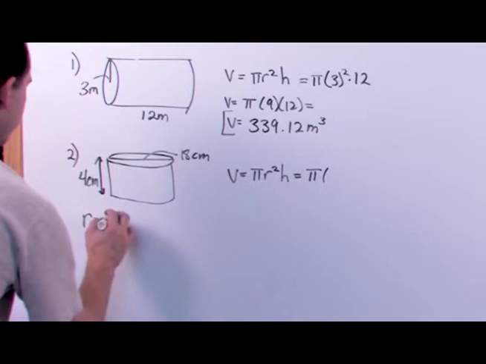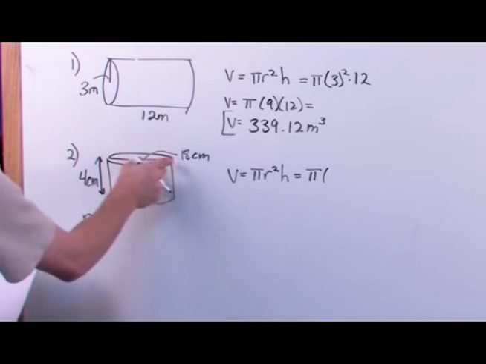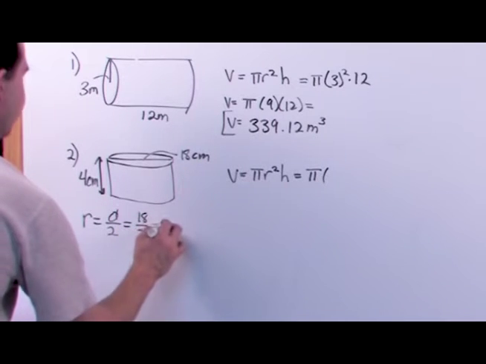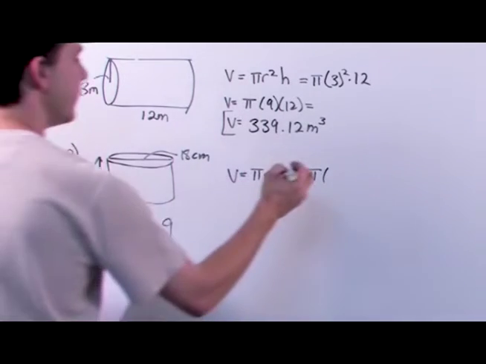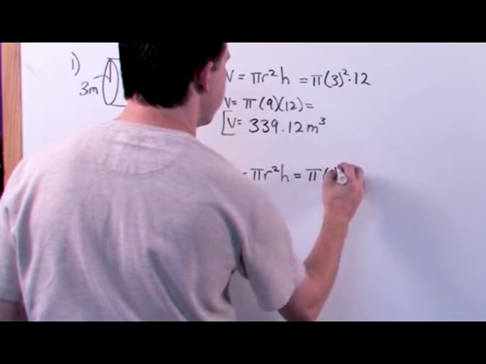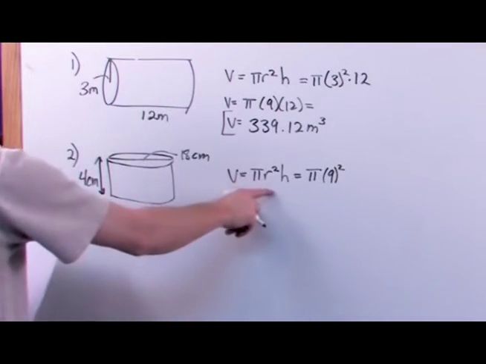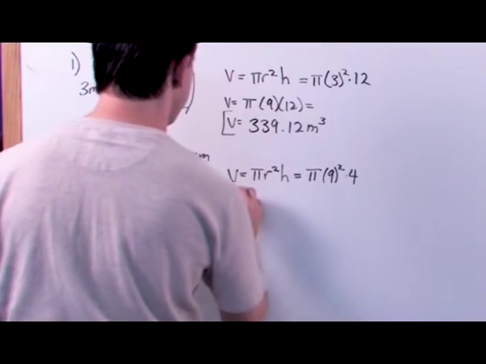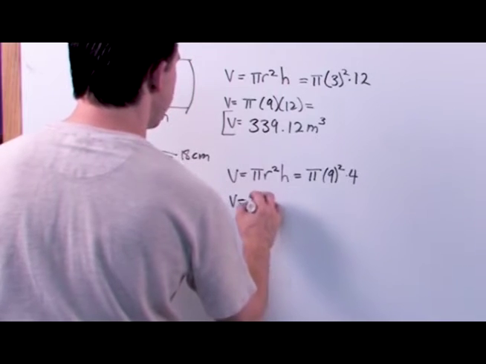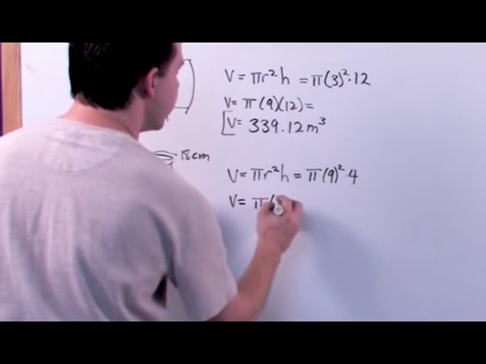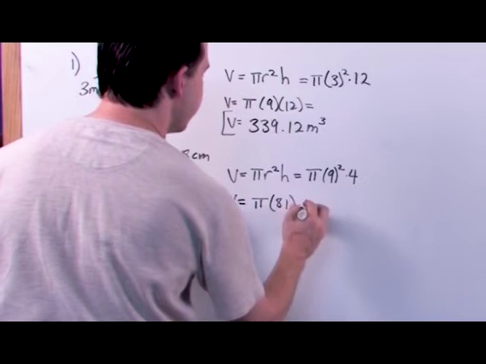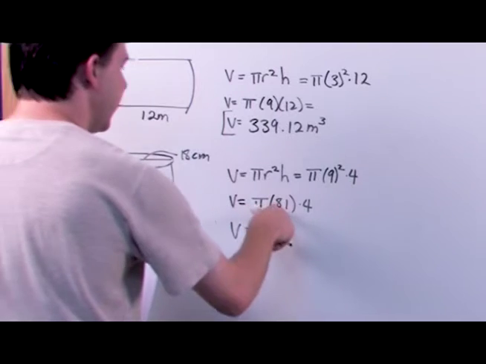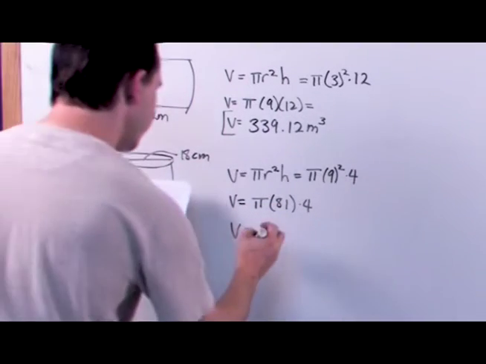Well, the radius is equal to the diameter divided by 2, by definition. So it's 18 over 2, which is 9. 18 divided by 2 is 9, so let's use this number. 9, don't forget you have to square it, because it's pi r squared h, and the height in this case is 4. So the volume is equal to pi times 9 times 9 is 81, and got to have the times 4 here. Okay, so when you go in your calculator and you have pi times 81 times 4, what you're going to get is a big number,